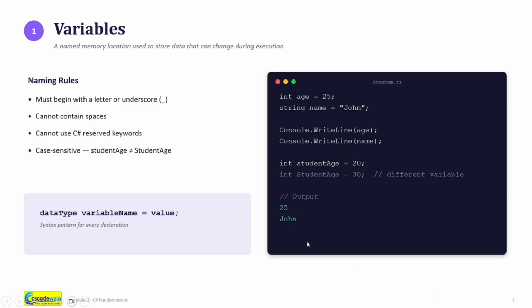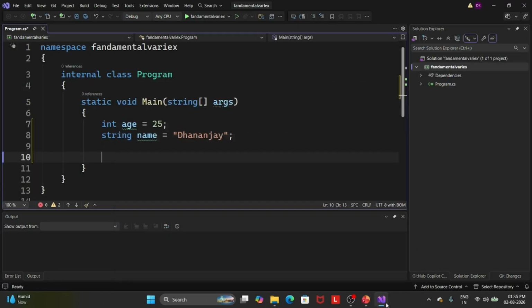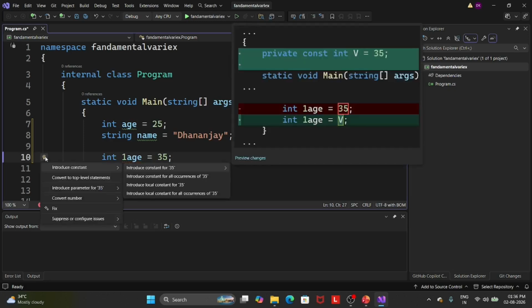So we take a variable and see what happens. Even if I take 1 equal to 35, here an error message is given. What is the error?